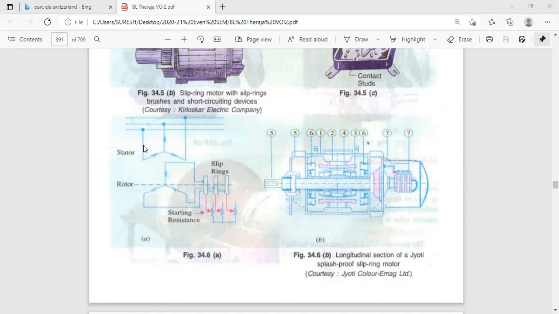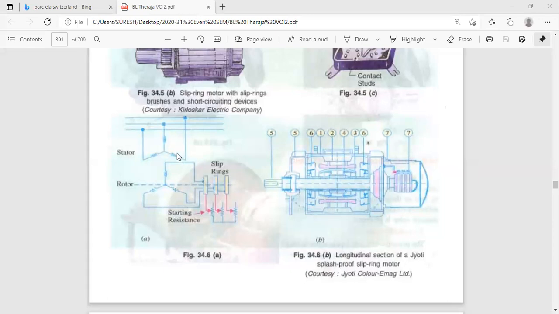When you give supply voltage, current will pass in these three windings. Around the current carrying conductor, a magnetic field is developed due to its own current. Part of this flux is linking with the secondary coils, and EMF is induced in the rotor winding, that is, armature winding. In squirrel cage, rotor bars are permanently short circuited, but in slip ring, we can add an external rheostat for starting purpose, starting of the three-phase induction motor.